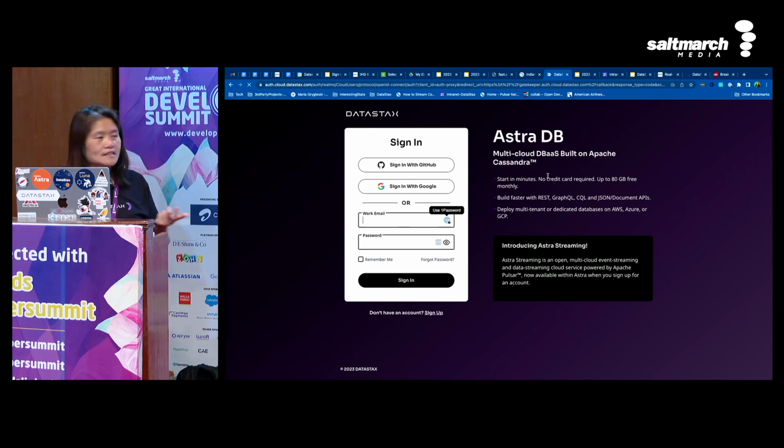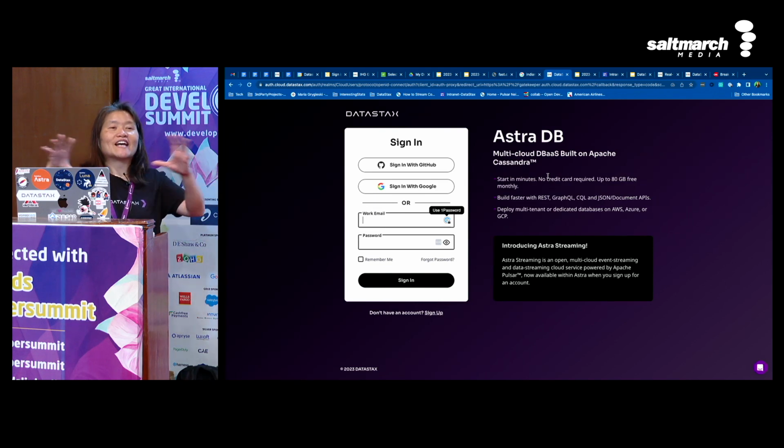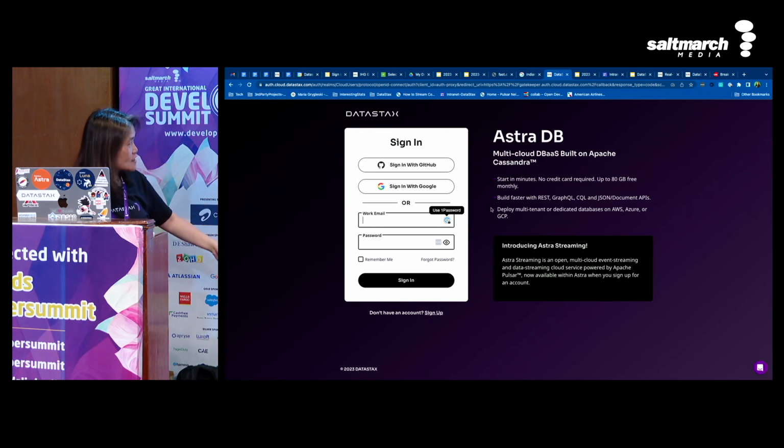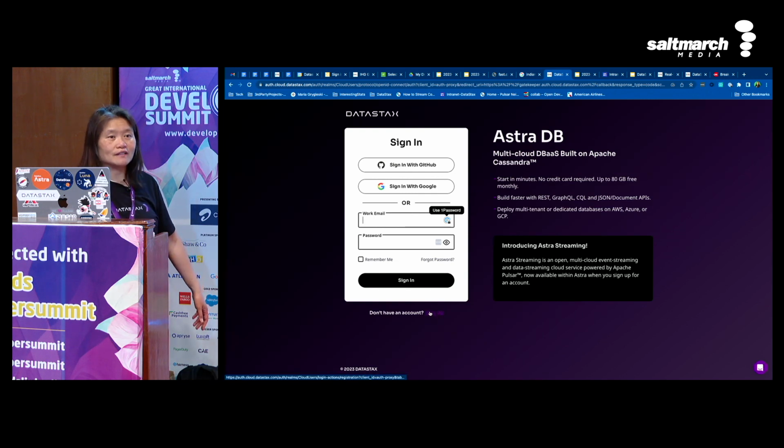So you will see this screen. It's basically DataStax Astra. It's still called Astra DB, but it's actually our Astra platform, right? It has this database, which is Cassandra, or you can use streaming too. If you want to sign up, you can sign up over here. All you need is your work email, it doesn't have to be really work, just an operating email so you can receive communication and set up your account like that. No need for a credit card.